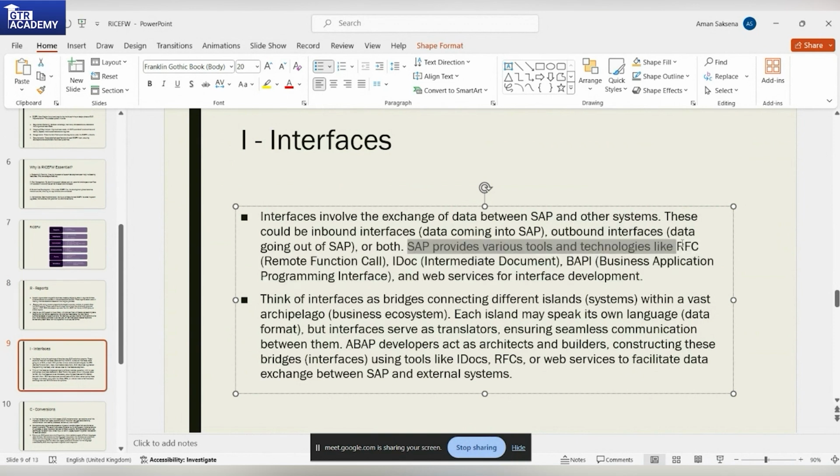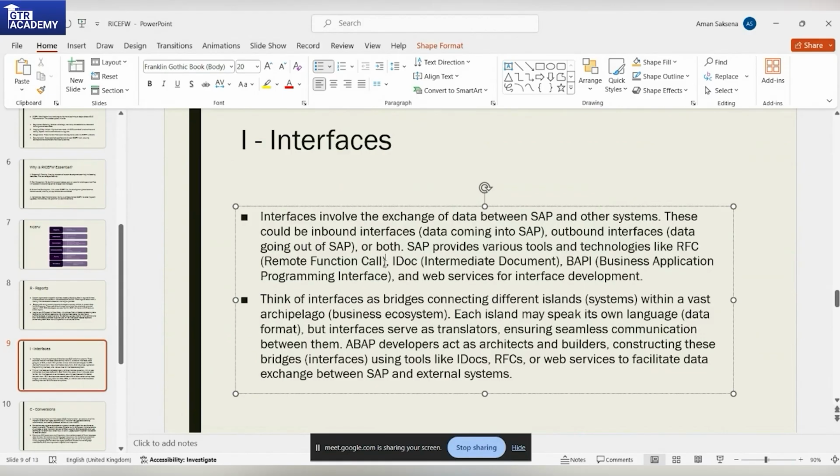You have various tools like RFC. So RFC is a remote function call. So it is a remote connection that is needed to be maintained by your Basis and the security team. So the security guy will be right there, and they will maintain RFC users. For RFCs, they'll create one user ID. They will link it to the database, to the database table. The server that I'm using has an RFC connection between the JDBC server of the website and